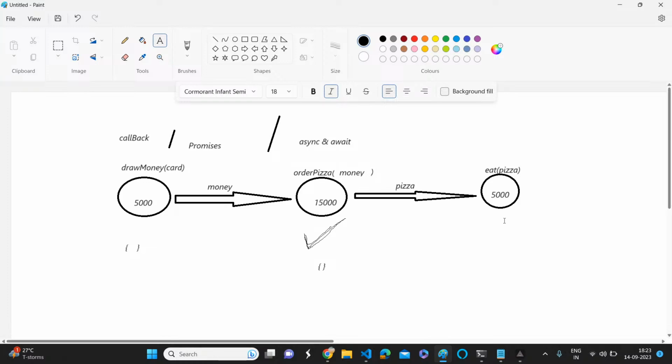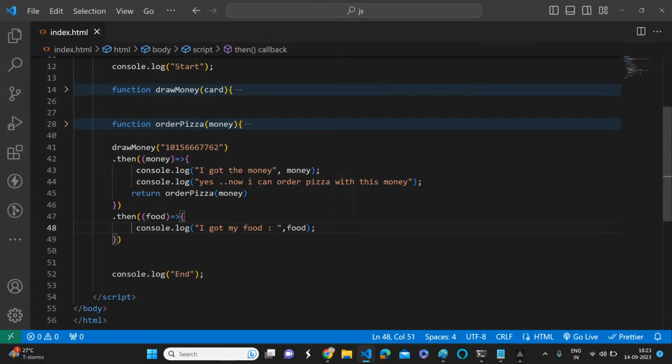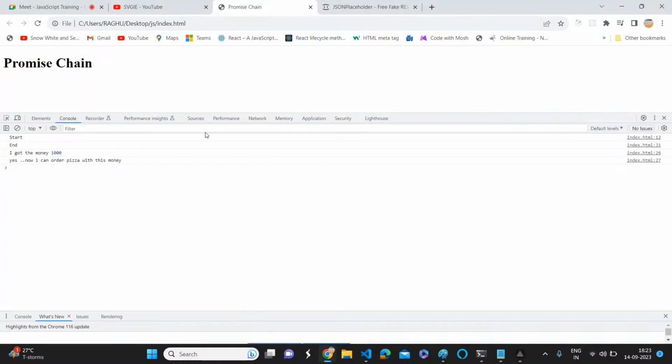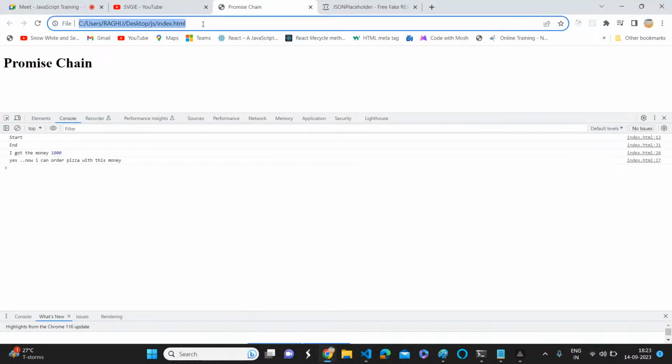It will take another 5,000 milliseconds. First, let's see whether you got the pizza or not. How many of you are confident that we will get the pizza? Okay, no problem, let's see.